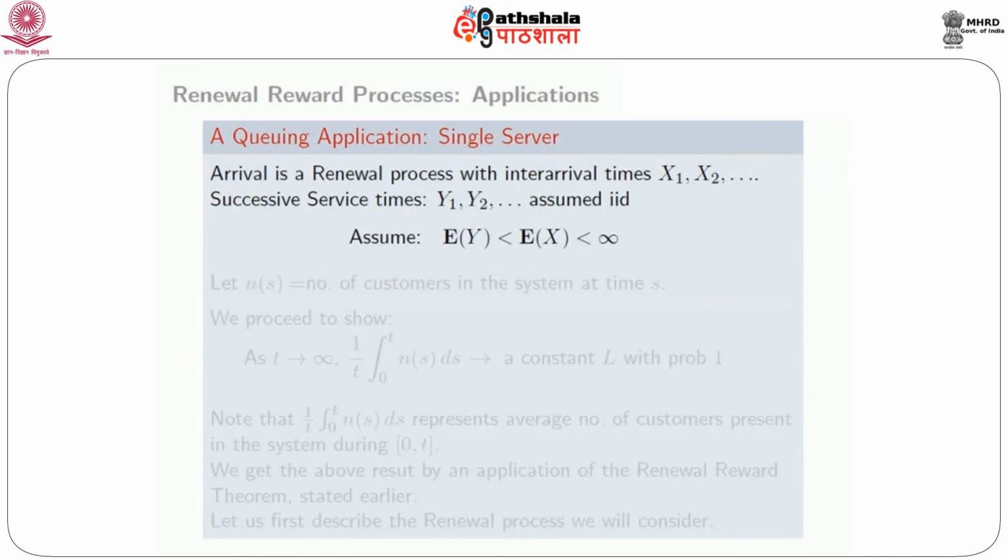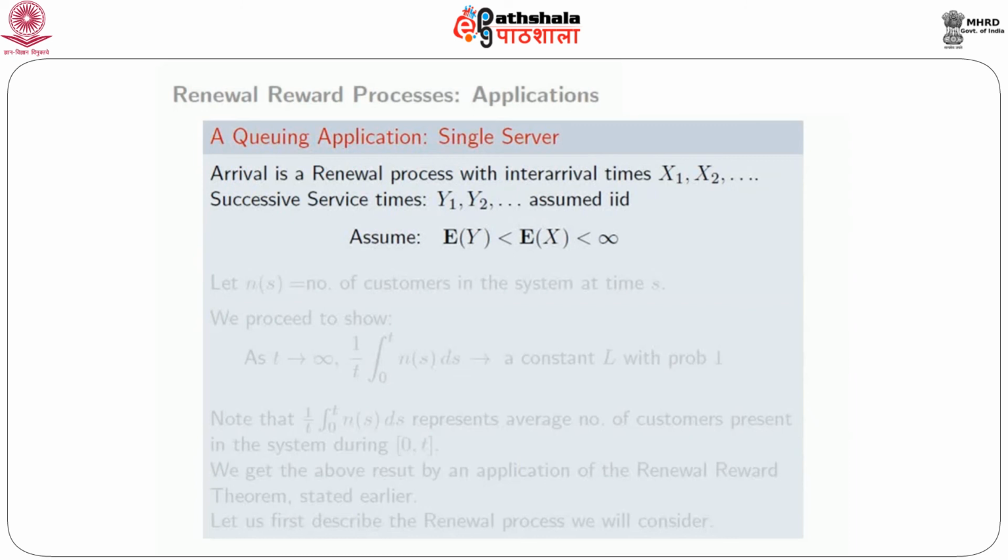We make one more assumption, namely EY is less than EX and EX is finite. And the standard thing: there is only one server, and when a customer on arrival finds the server free, the customer immediately starts receiving service,